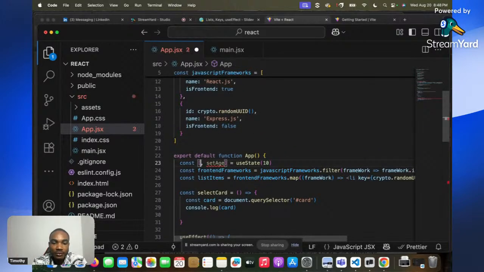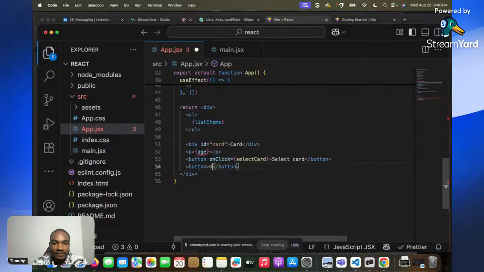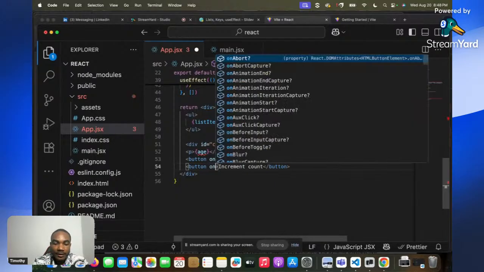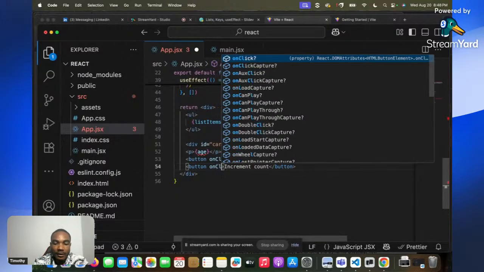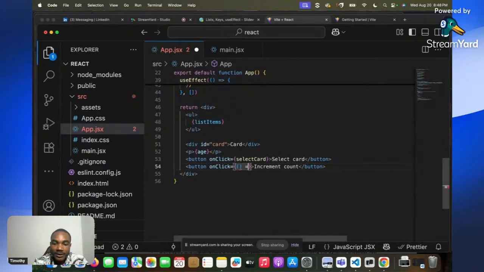Let's change this to a count and setCount. So by default, let the count be 0. And then let this be increment count. And then on click,